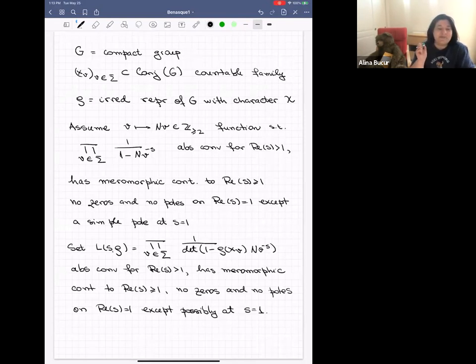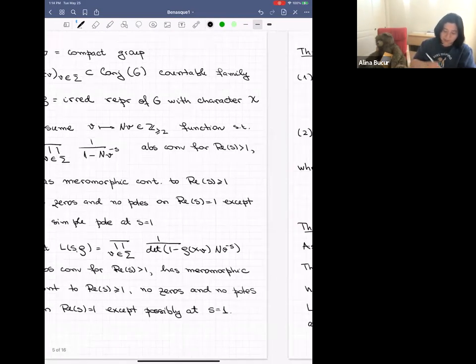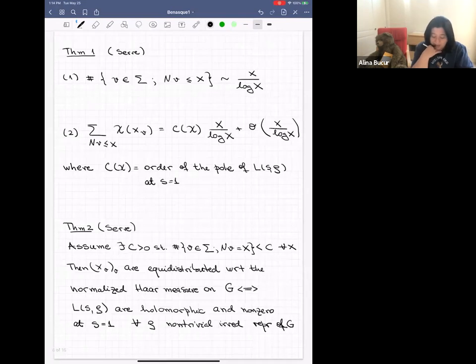And also versions of this where G is finite would give you the Artin L functions, or the Chebotarev density theorem. So under this condition, what Serre proves in this appendix is that